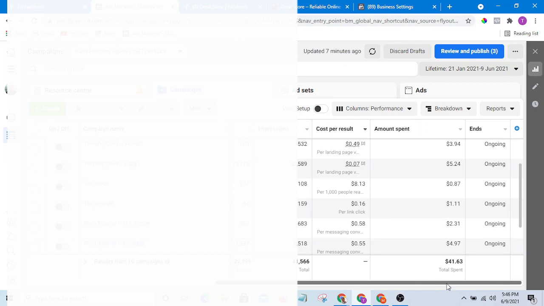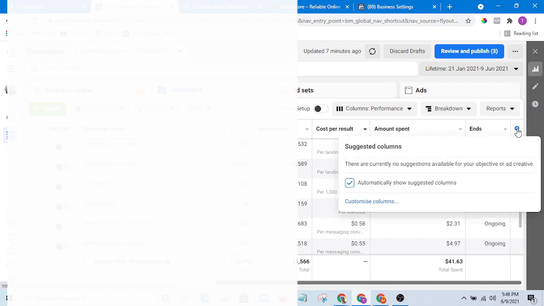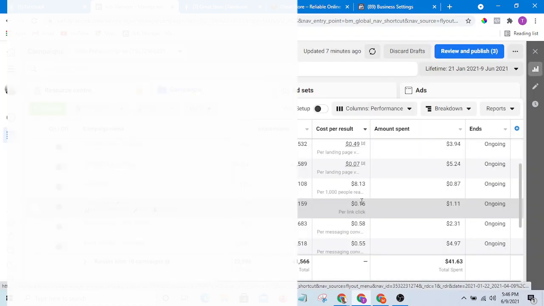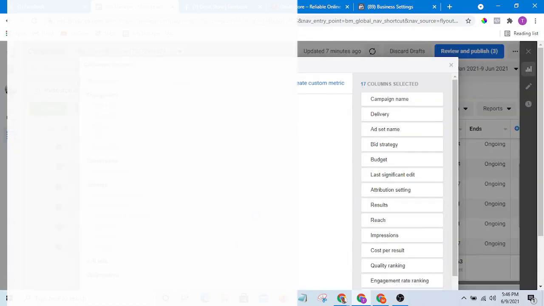So what we are going to do is click on this blue icon, then click on customize column, then it is going to expand and bring other data that are hidden.